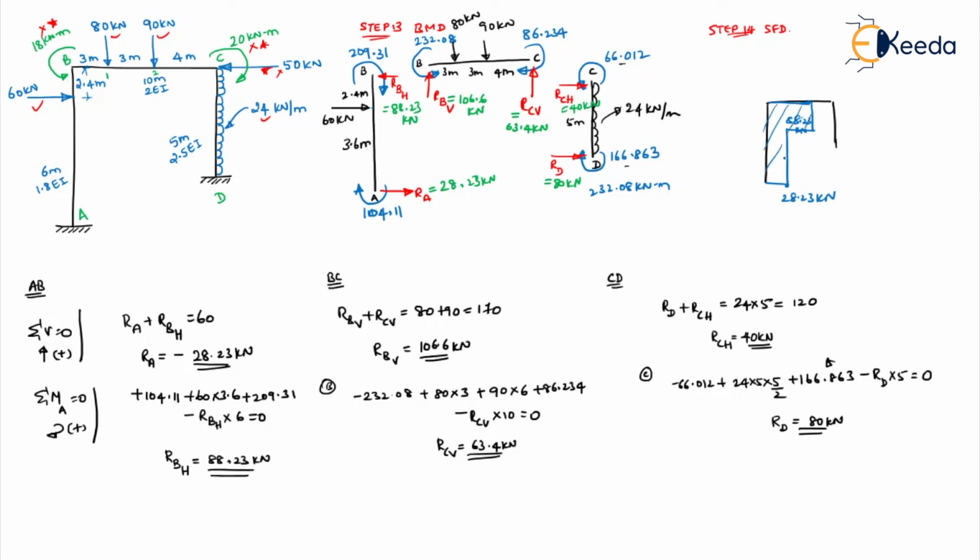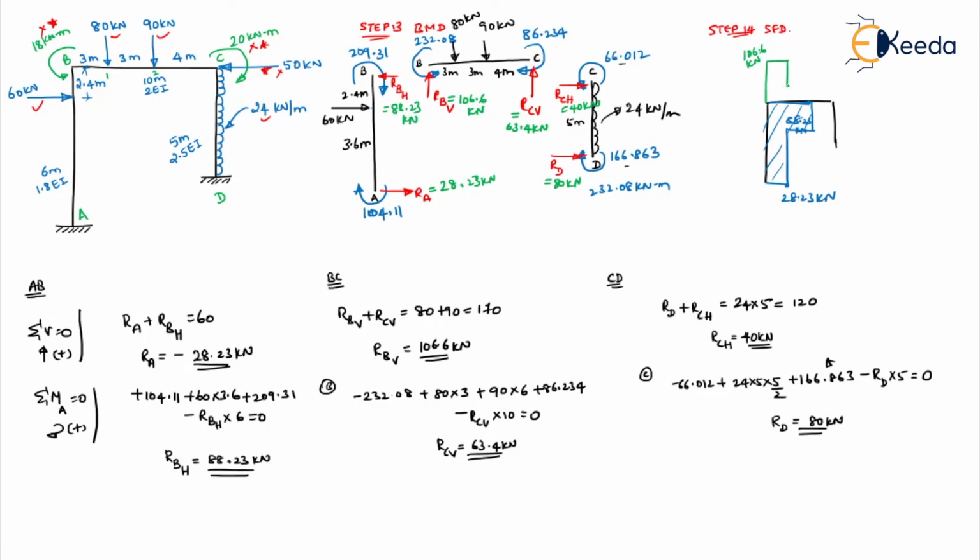Right, now next for your BC. Okay, what are the values? Just check what are the values. Now this is left up. Left up is positive. So how much will that value be? It will be 106.6 kilonewton. Then there is no load here, so linear. Again, it should come down by how much? 80.